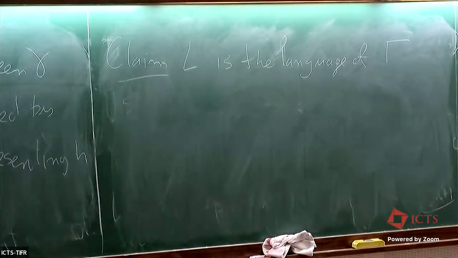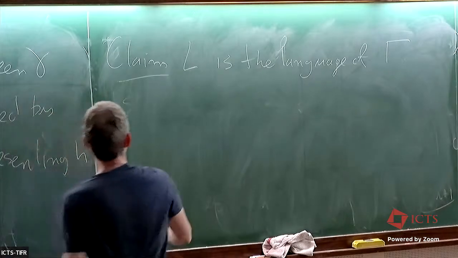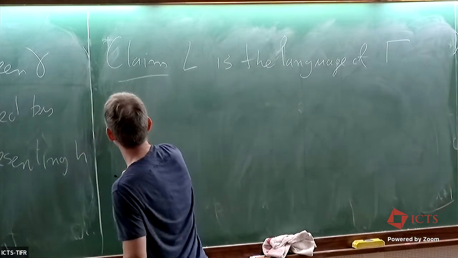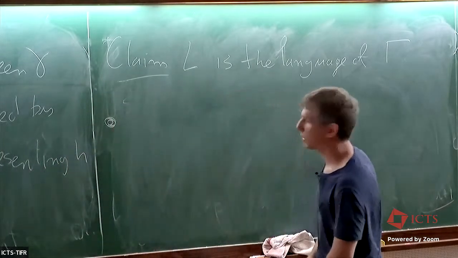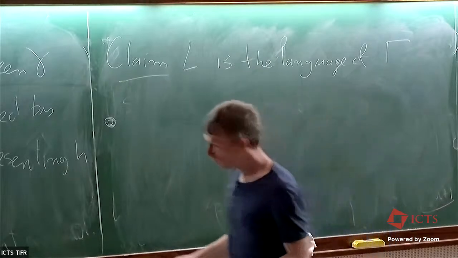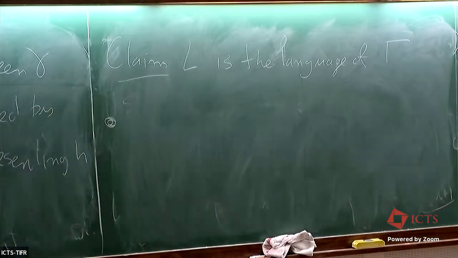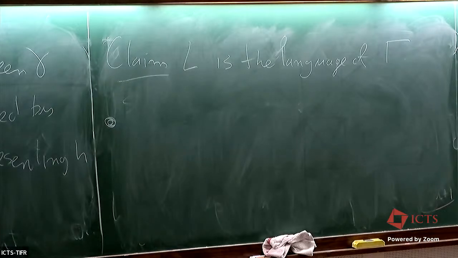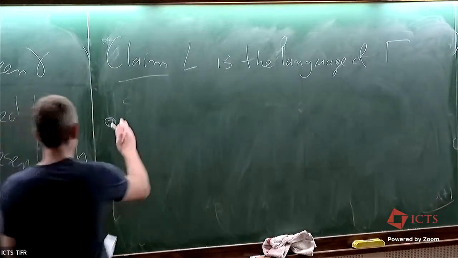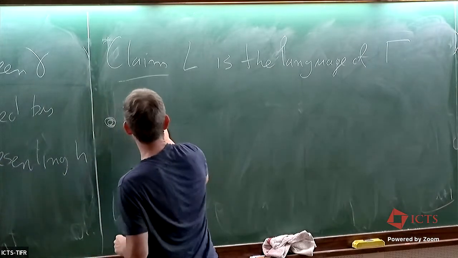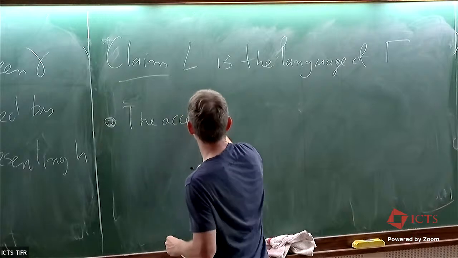And in fact, the main thing to prove, so the claim is being proved inductively on the length of words in the language, but the main thing to carry over through the induction is the following, that the accept state, we know a bit more